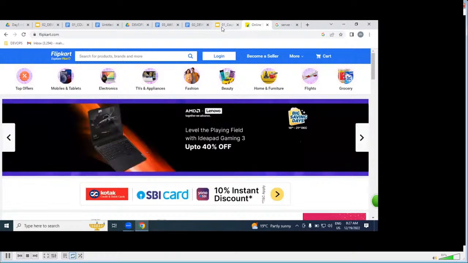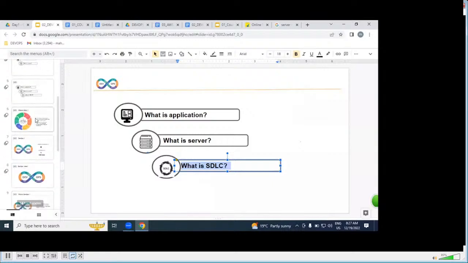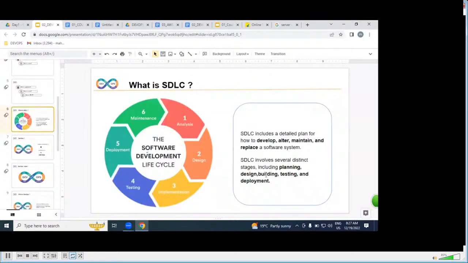But the next question is pending, guys. Please tell me. What is SDLC? How many people are aware of this? Online students can reply. How many of you know? How many of you don't know? If you know, say yes sir, I know it.